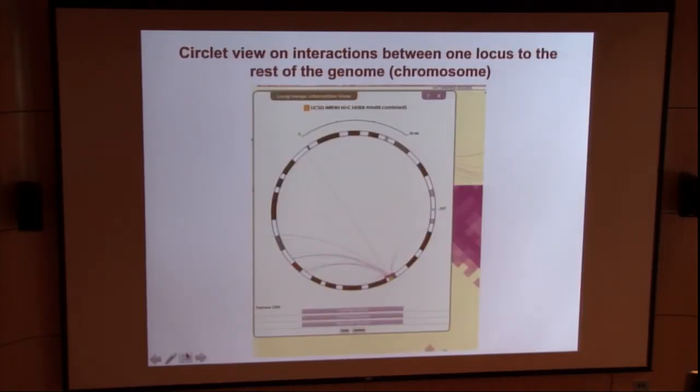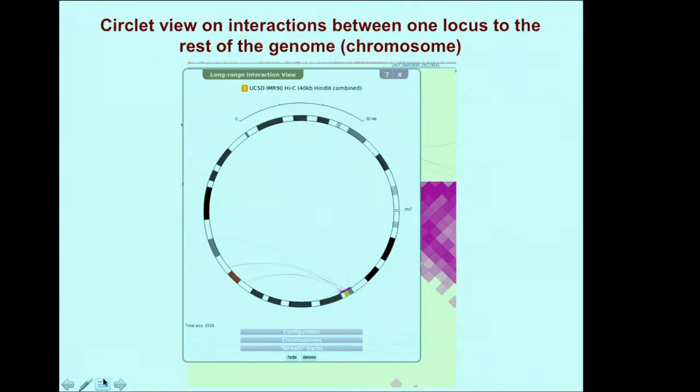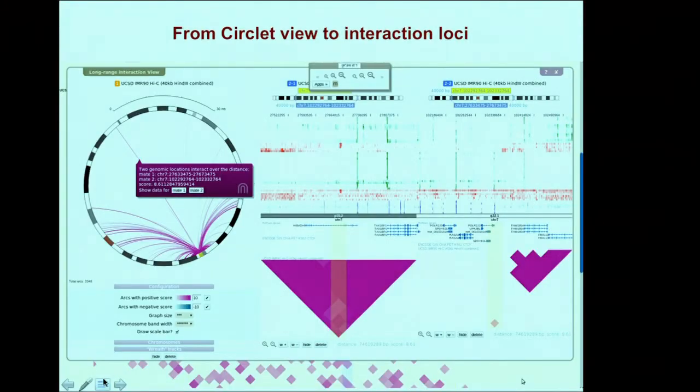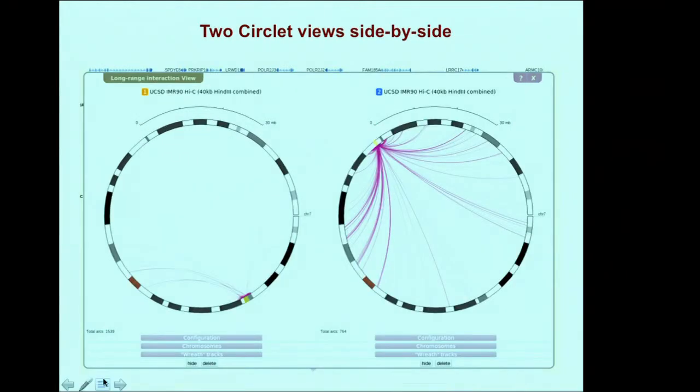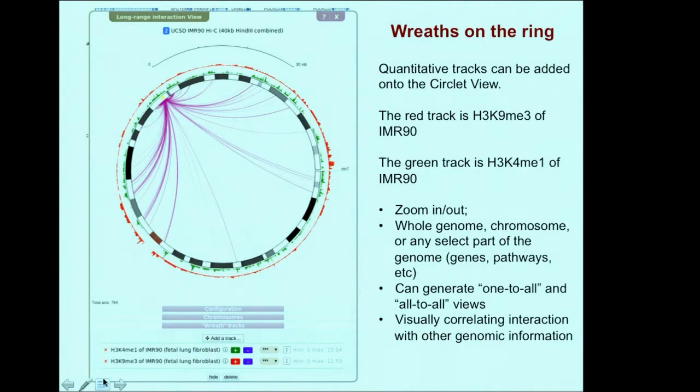And then obviously another very nice view, first invented by the Circos group, to look at chromosomal or genome-wide interaction. So we can put everything together in this sort of browser context. This is just different ways of viewing the data.